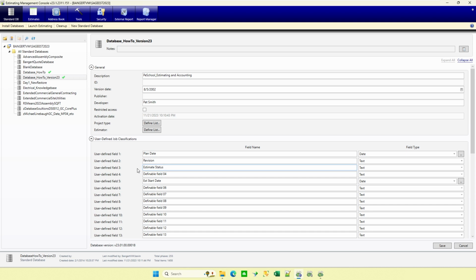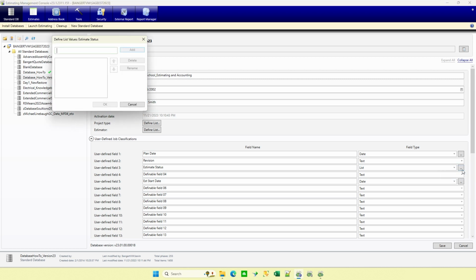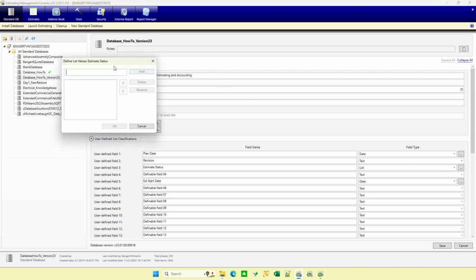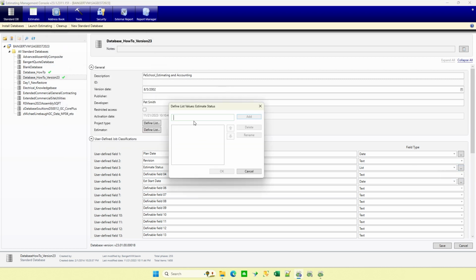Maybe I've got an estimate status. So for this estimate status, maybe I want to use a list. A list changes where I've got some dots on the side here, where I can go in and build a list of what I want to see. So what are my different statuses of estimating or something like that? So maybe I've got